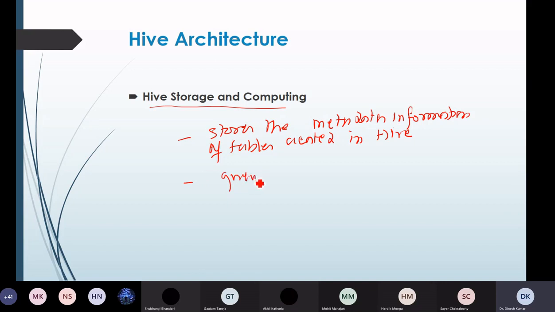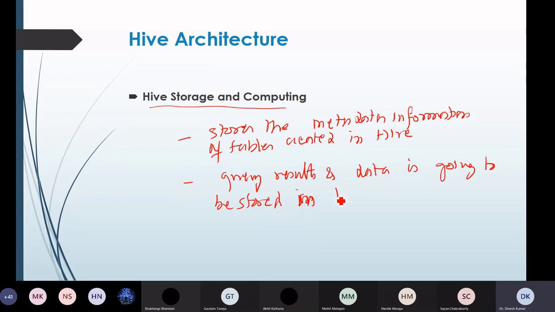So the query results and the data are going to be stored in the Hadoop cluster on HDFS. So basically this is the storage component, where the metadata or the query results or the intermediate data is stored in the Hadoop cluster on HDFS, right?